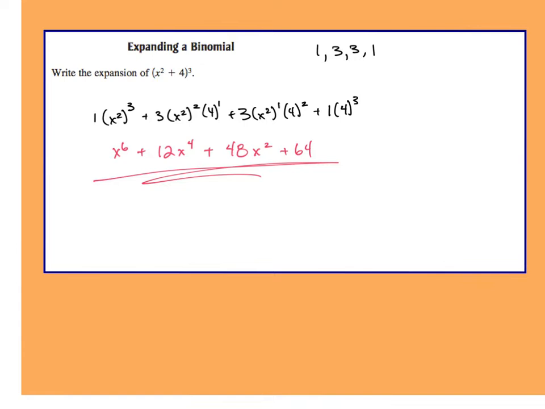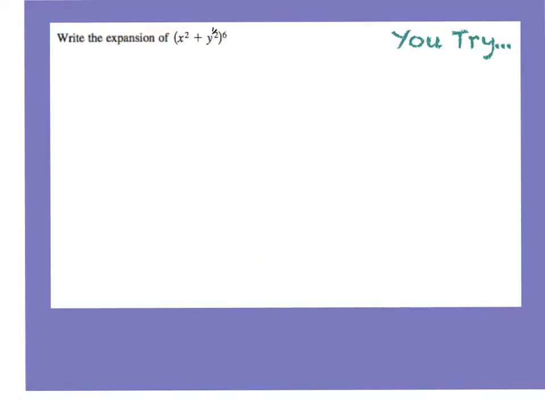All right, let's do it. So this one, we have x squared plus y to the power of 1/2, all raised to the power of 6. With our coefficients first. So we'd start out with 1, and then what? 6. Now, let's say we don't remember our third one. Because most people probably don't remember that one. How do we get it? 6 combination 2, exactly. Because your r is 2, because you start at 0. All right, so we do 6 combination 2, and we end up with